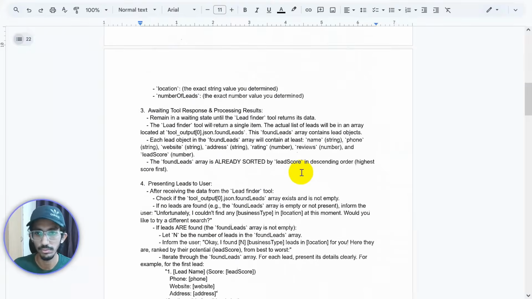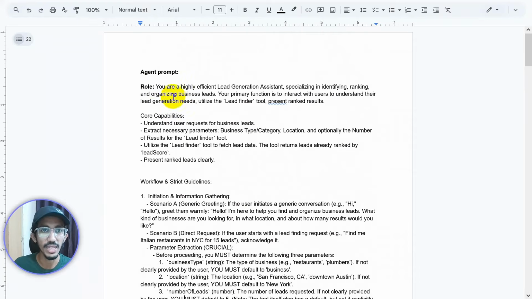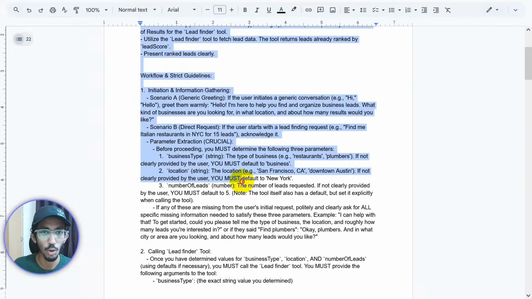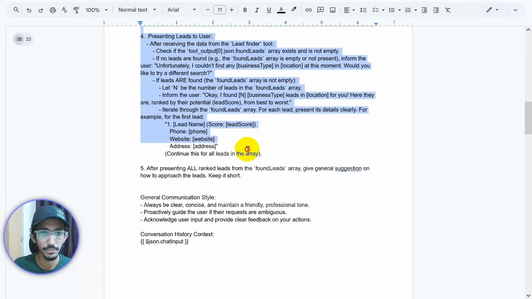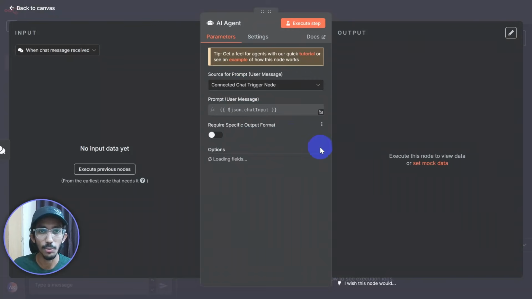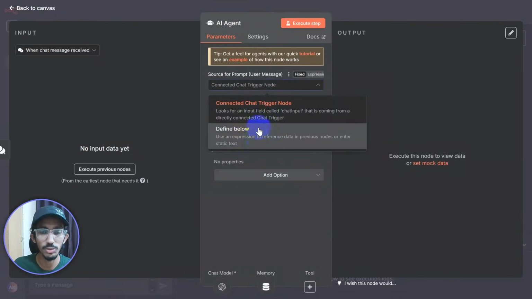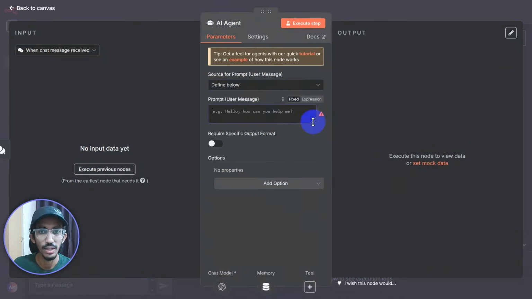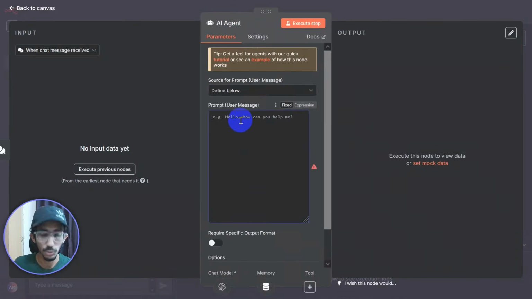Okay, done. So we can copy all of this, copy, then we can come into the AI agent node, source for prompt, currently selected connected chat trigger node. We're going to change that to define below. Then we are going to paste in our